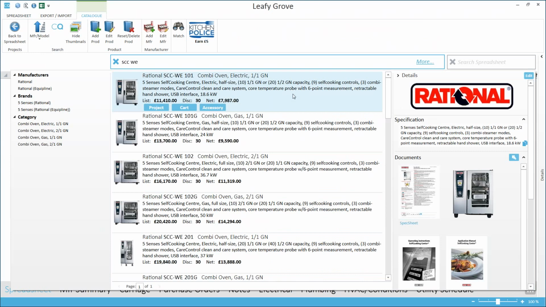So what I'm going to do is just click on this top one, and as you see it's highlighted, and I've got three options then. I can either add it straight to the project, I can add it to the cart, or I can add it as an accessory. For this one I'm just going to add it straight to the project by clicking on project,